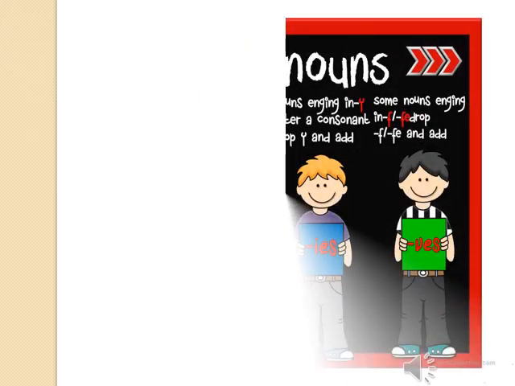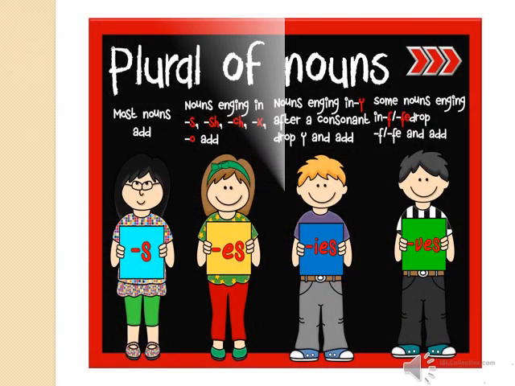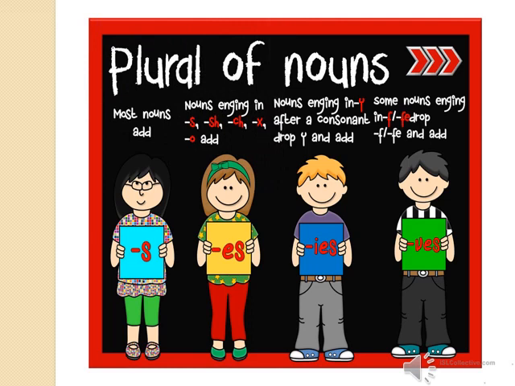Okay, now most nouns take s with plural, like the word pen. We add only s after pen. It will be pens. But some nouns take es if they end with sh or ch or ss or s